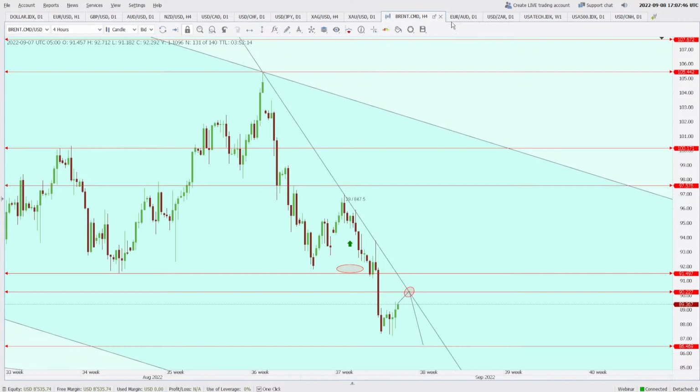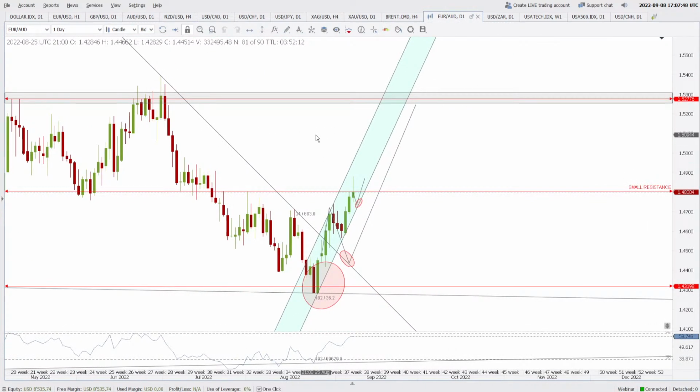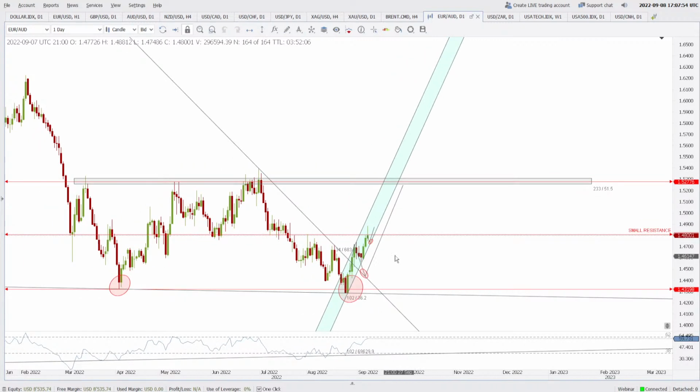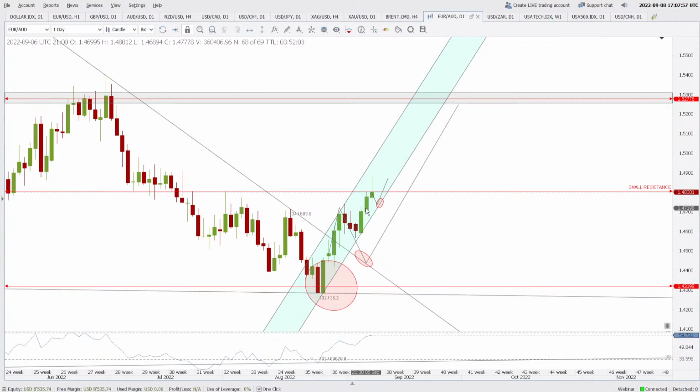All right, talking about the euro against the Australian dollar, nothing new here, although the price breached higher than 1.4805 today. Yesterday it was not breached. Yesterday's high was 1.4801. Today's high was 1.4881. That's too much, and we are expecting the price to go to the 1.45277 area here.